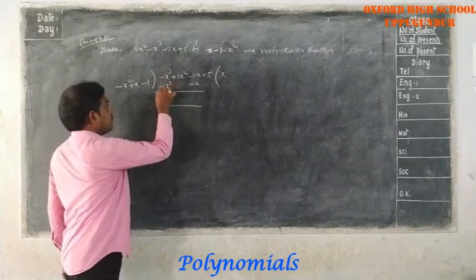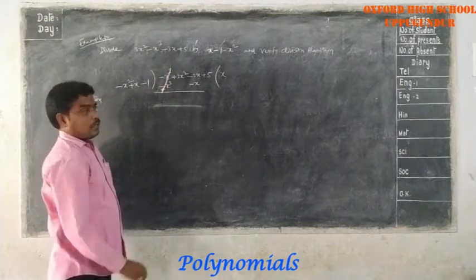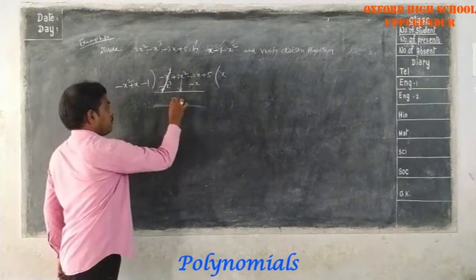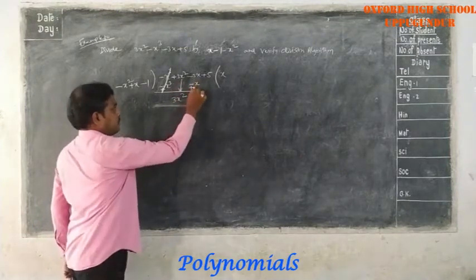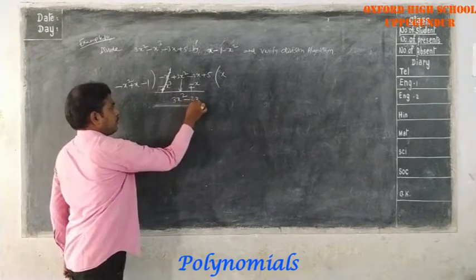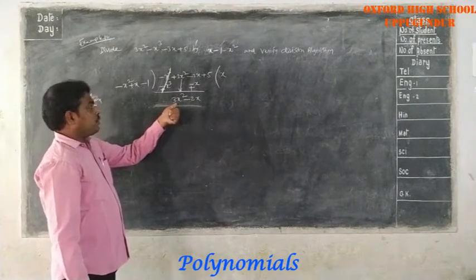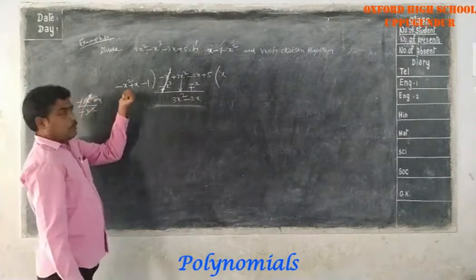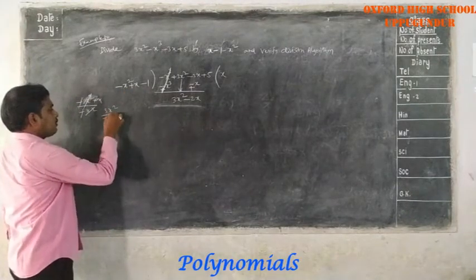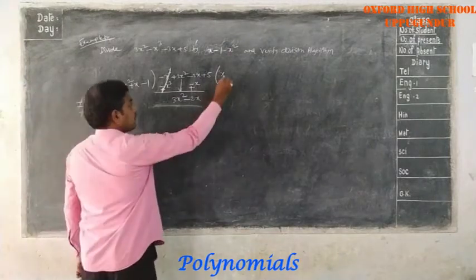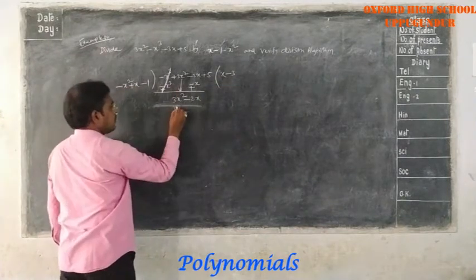So when you subtract this, minus becomes plus. So these two get cancelled. Now for the degree 2 term you have to write 3x square. Here minus becomes plus, which means minus 3x plus x gives minus 2x. Again, first term of the dividend by first term of the divisor: 3x square by minus x square. The x square gets cancelled. You will get minus 3. So minus x square into minus 3 is 3x square.